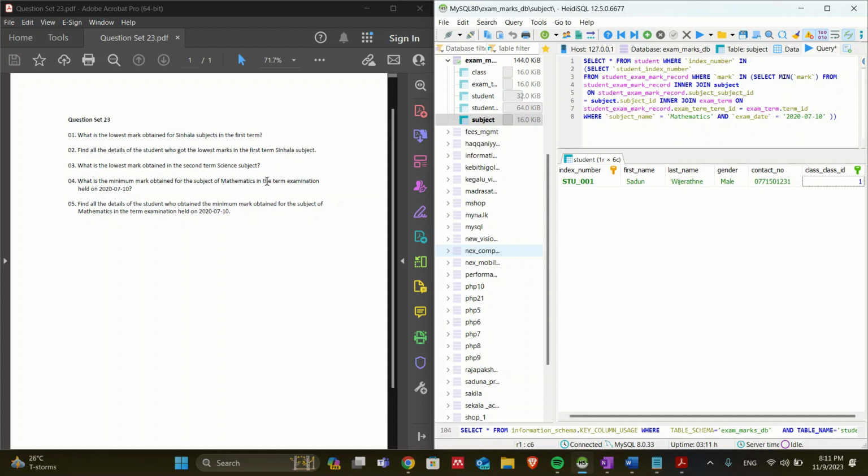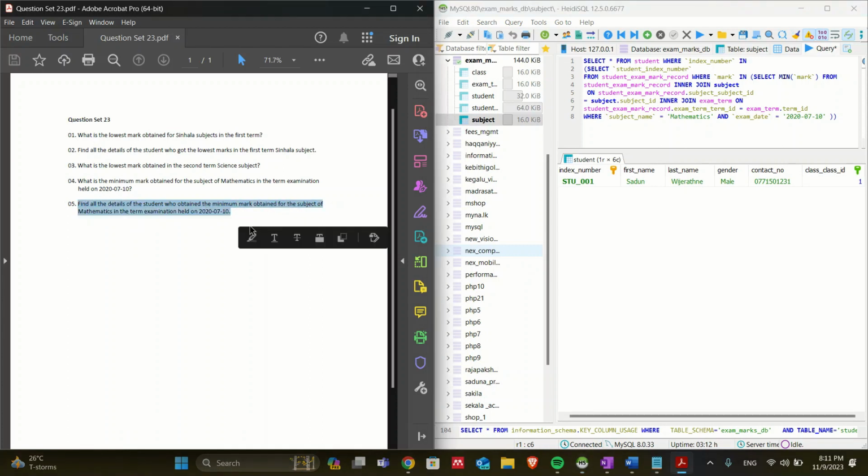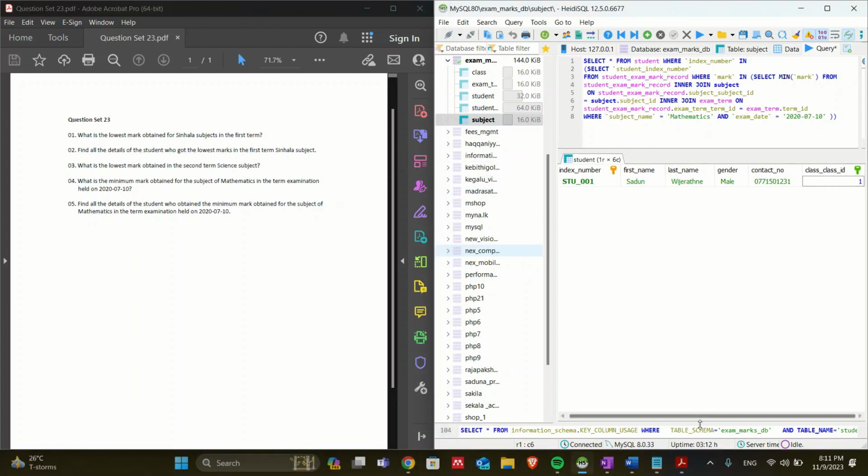Since they haven't asked us to find the class, we didn't find the class. Now we'll have to find all details of the students who obtained the minimum mark for the subject mathematics in the term examination held. So that's what we found now, and we also got the above question's answer as well, which is